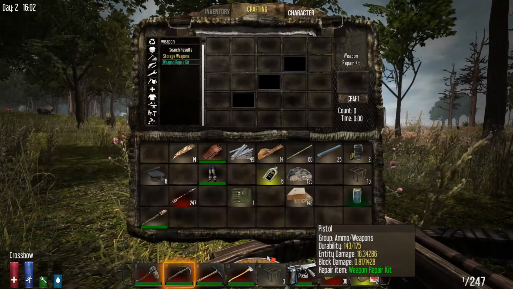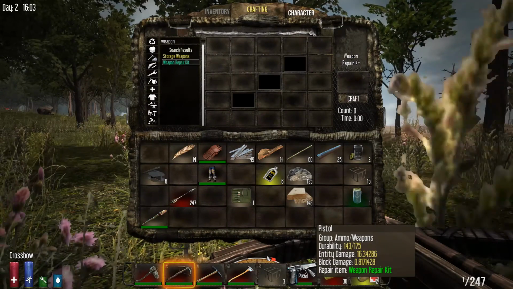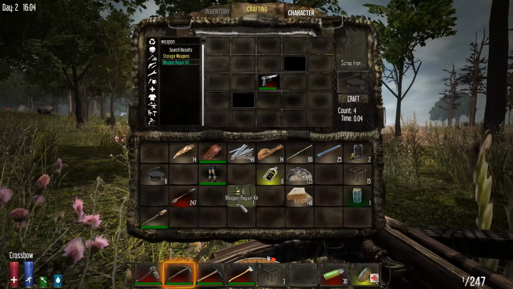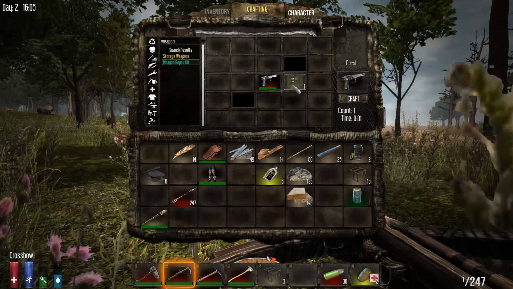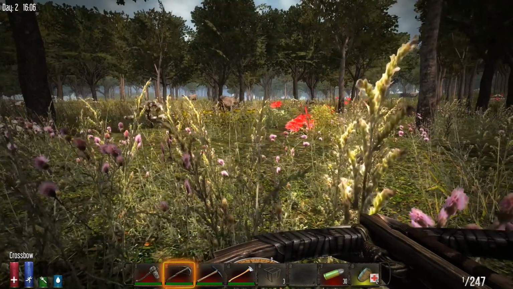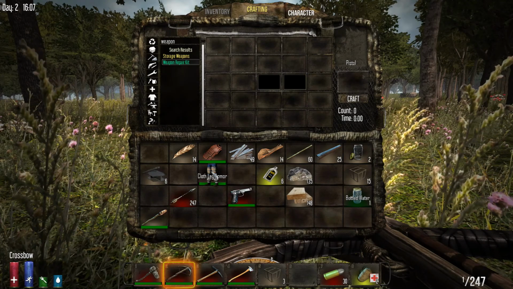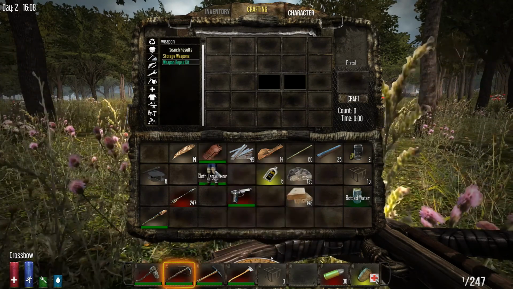So a pistol, it tells us weapon repair, it's 135 out of 175. So we need at least 32 points. Put that there, and a weapon repair kit repairs 40. So that'll put it back to 100% health, which is great. So that's repaired. Now you can also repair other things, like these cloth armor and leather chest armor require different